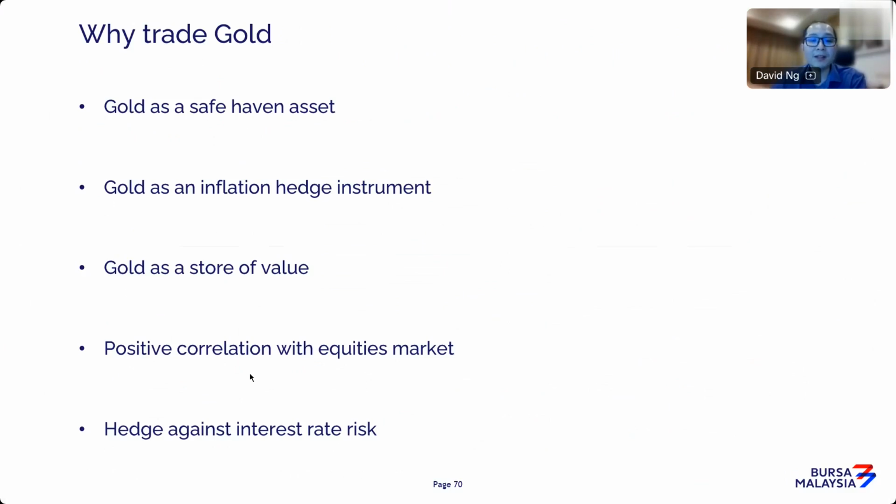Now, the funny thing is that equities markets are at all-time high. Gold itself is at all-time high. So the relationship between gold and equities is no longer what we used to know, where when equities don't do well, we look at higher gold prices. We don't see that anymore. So we see a positive correlation between both markets. Again, I think this dynamic could be just temporary. When the market starts to correct itself, I think the relationship will go back to its old ways.